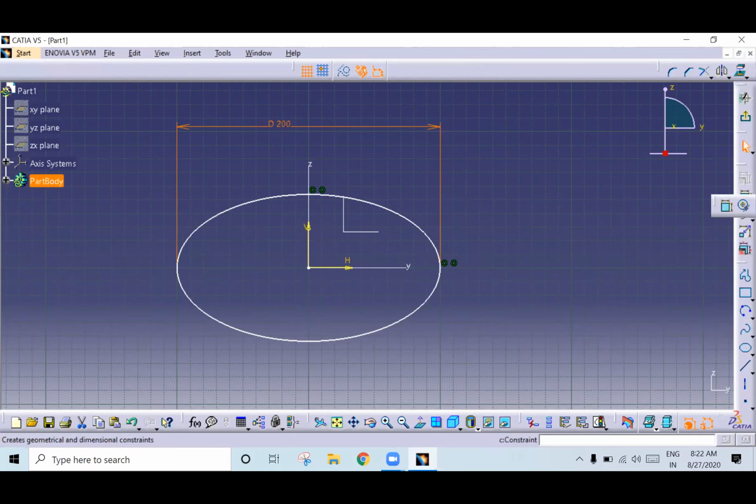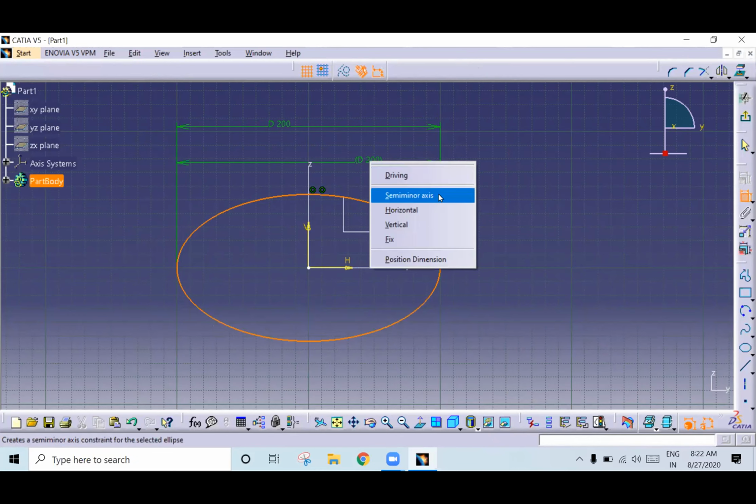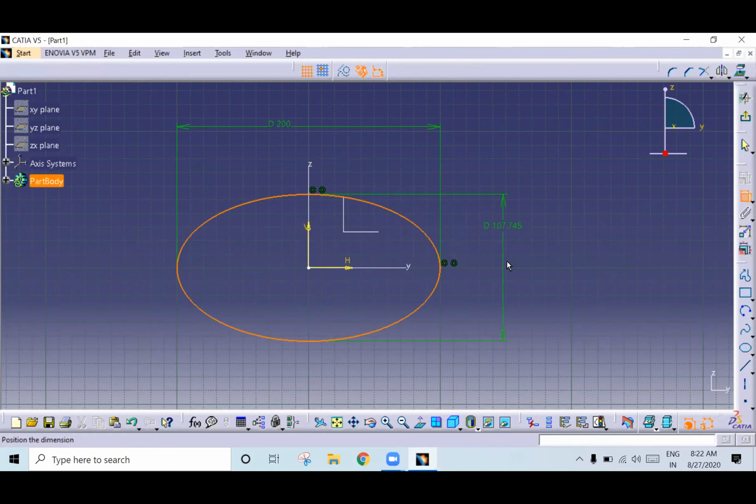Next, again select the constraint. Again, if you select ellipse, you will get major axis. Okay, don't click left button, just click the right button. You will get semi minor axis. See, click it. See, got it. Yes, sir. Next,